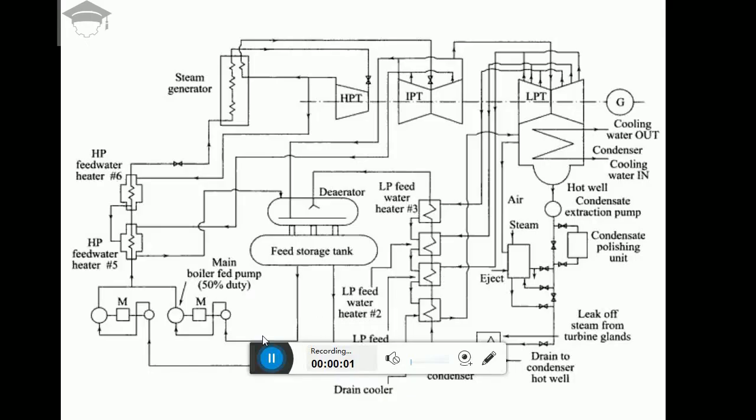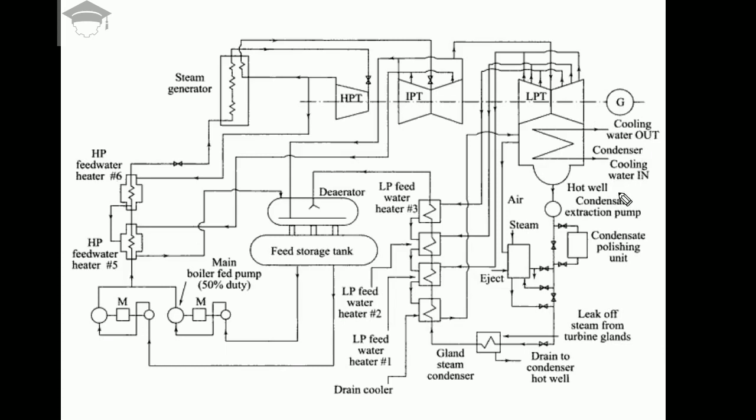Welcome to my channel. In this video I'll be explaining the steam power plant, and how the entire steam is generated in a steam power plant. So this is the basic typical layout of a steam power plant, in which we have four main components: boiler, turbine, condenser and pump. But apart from those, these other components are also there. I'll be explaining the entire cycle one by one, how the cycle works.